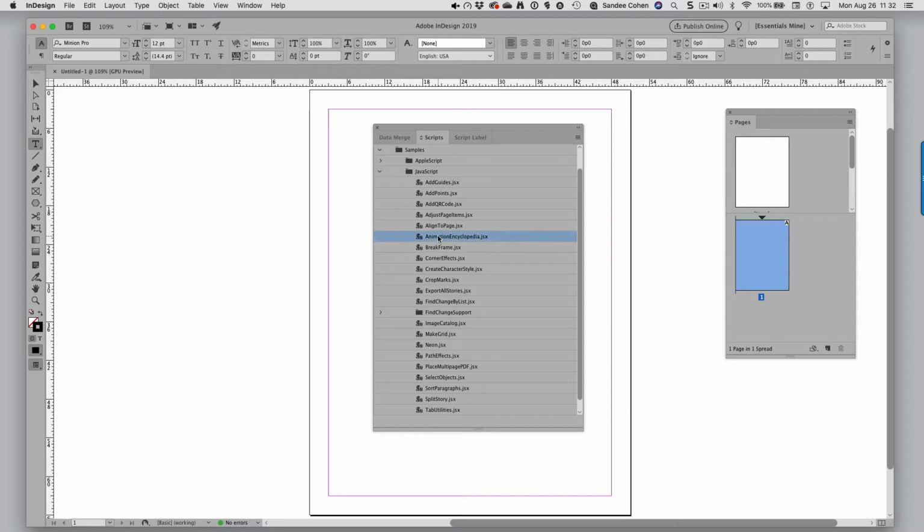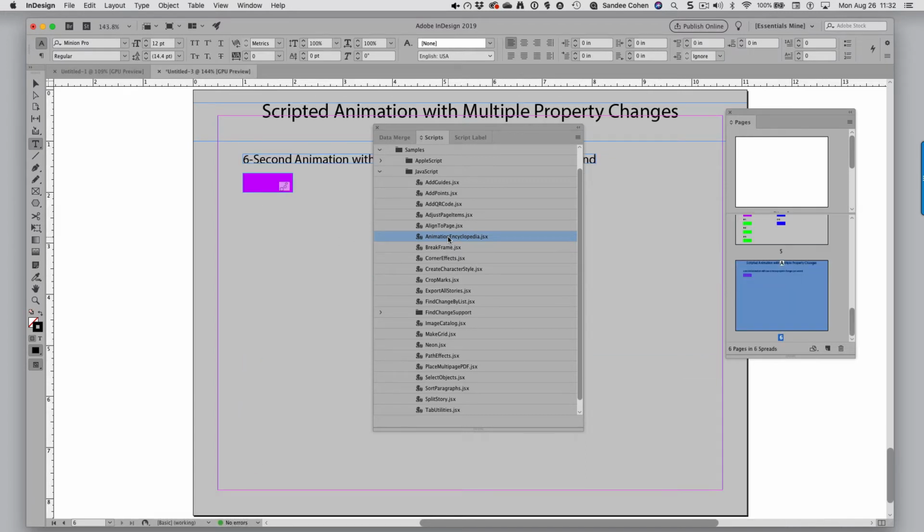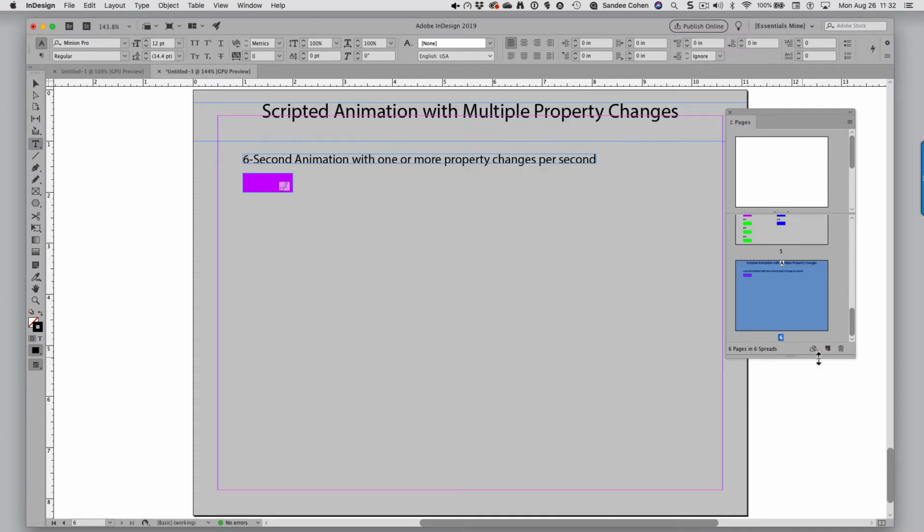And then all you have to do there is double click. And faster than I can put away my mouse or close this panel, you will have 6 pages